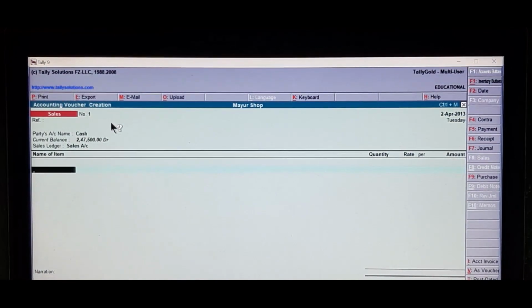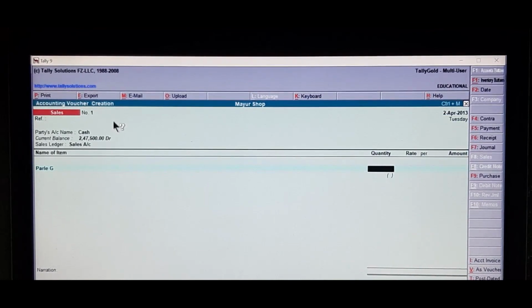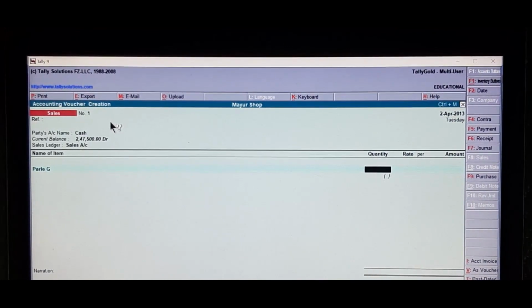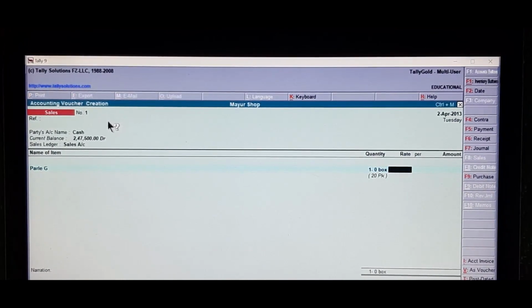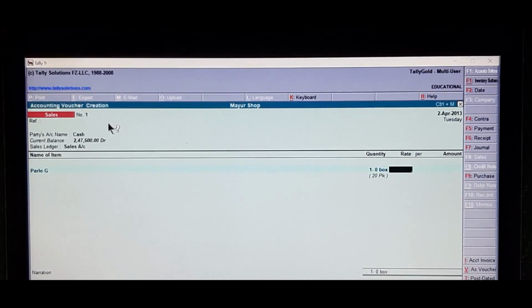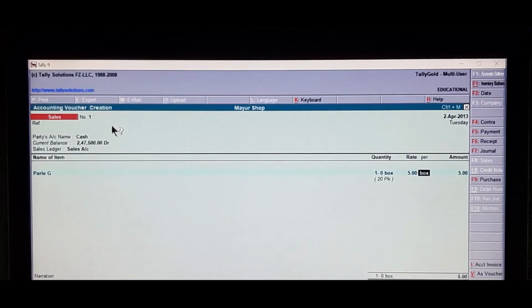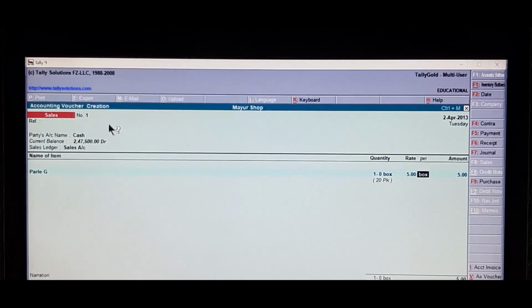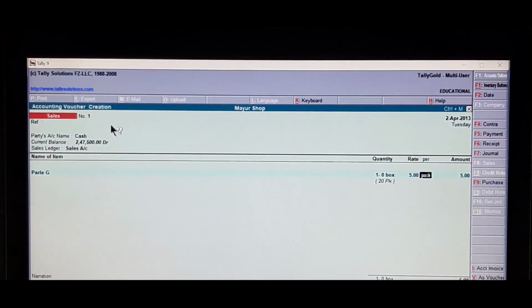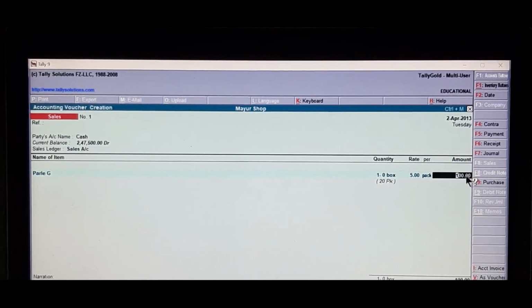Name of the item is Parle-G. Quantity is of 20 packs, 0-20. Rate per pack is 5 rupees. Box will come. Manually we have to type pack. The amount will be changed later.